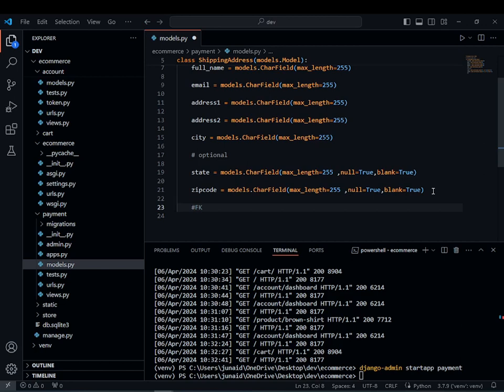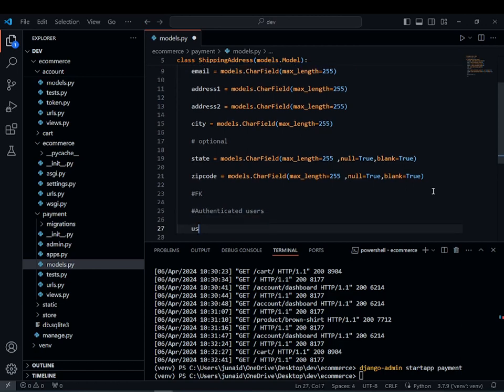Just comment that it's a foreign key, and also comment that it will be for authenticated users. So just type authenticated users, and after that create a variable user, and from models dot foreign key,